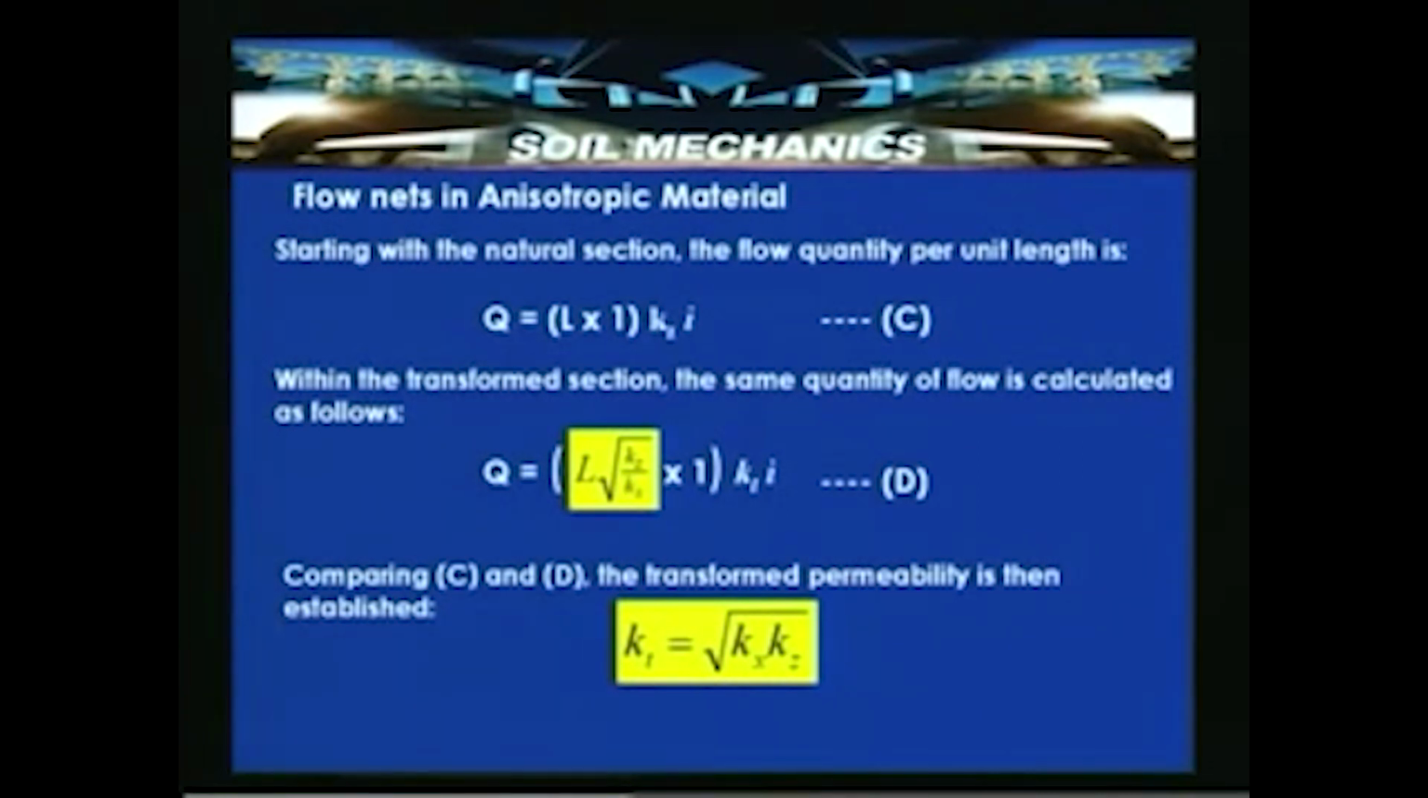Now comparing C and D, where the same quantity of flow is calculated for the transformed section, the transformed permeability can be obtained as Kt equal to root over Kx Kz. So the transformed permeability, for example, if anisotropy is there and Kx is not equal to Kz, or K horizontal